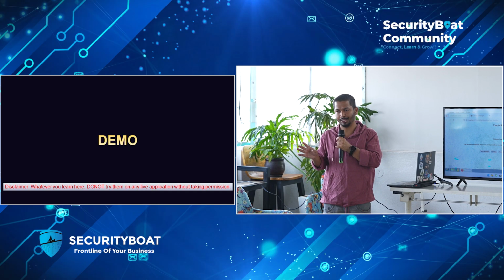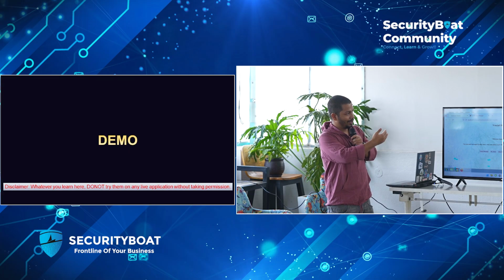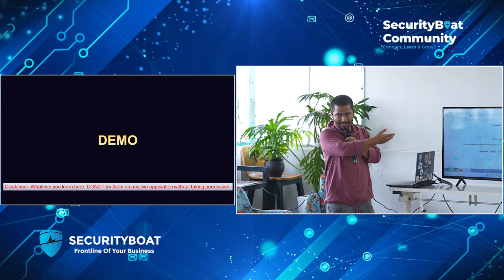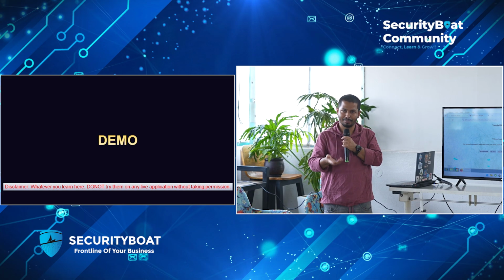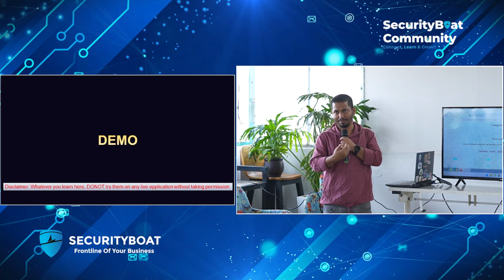We removed that restriction, edited the username field, put some other user's username there, changed the password, and logged in to the victim user's account. Now, the C-side user will not be able to log into the account itself because we changed the password. Whatever their password was, we don't know. They will not be able to log in because we totally took over the account.